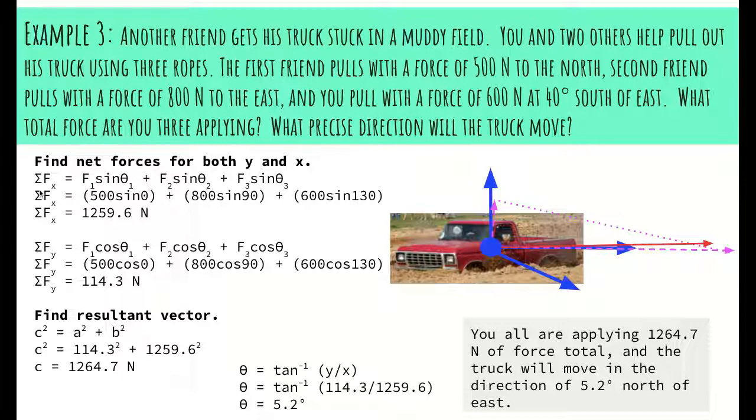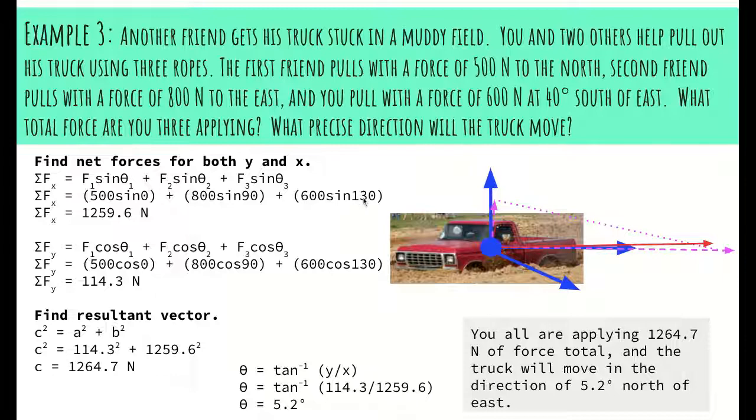For the net force for x, we're going to use sine as our trig function here. You would have the magnitude of the first force times sine of the angle of the first force, plus the magnitude times sine of the angle of the second, plus the third, plus the fourth, and so on, however many you have. In this case, the first force had a magnitude of 500 newtons, straight up northward. Straight up here would be 0 in our coordinate plane. So 500 sine 0 plus 800 sine 90, because the next one was over here at 90 degrees, plus 600